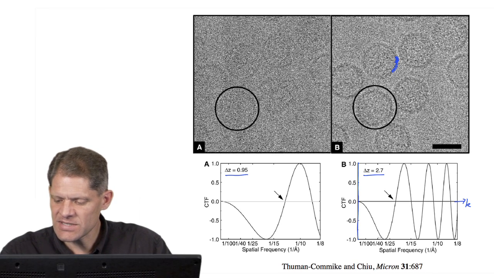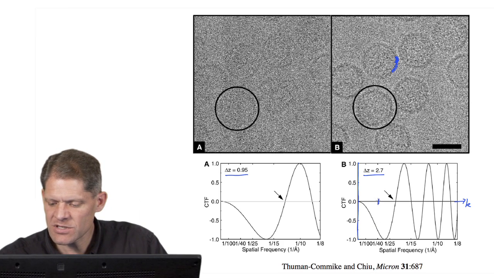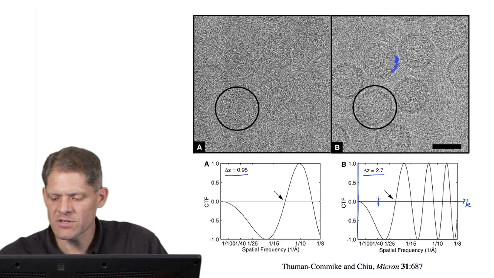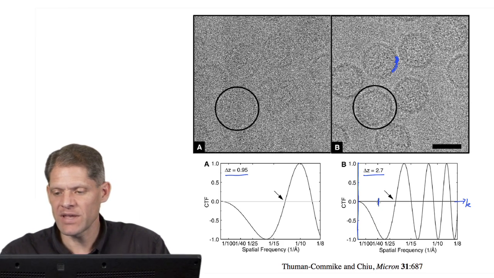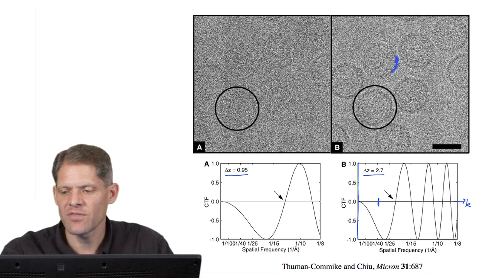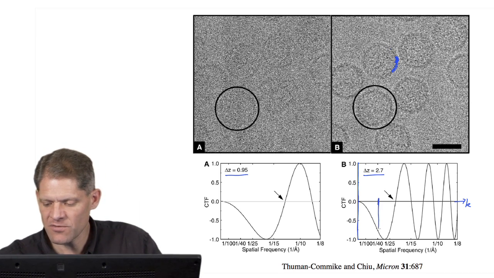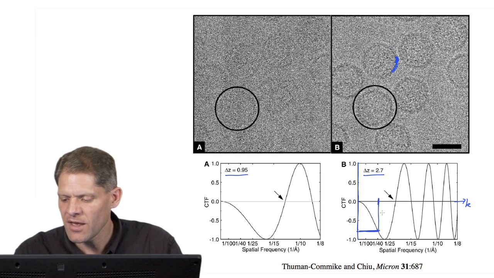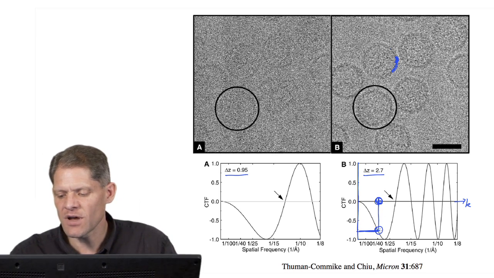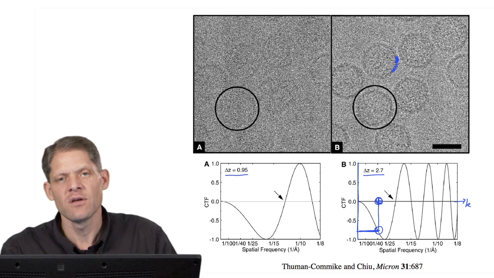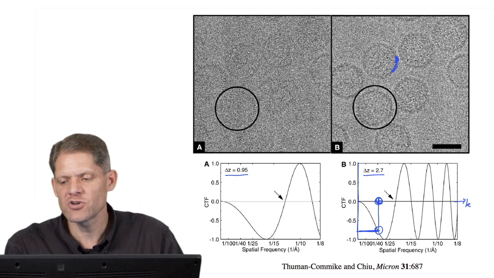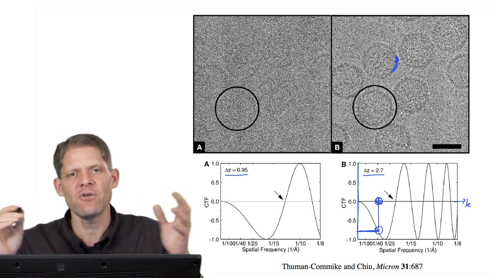And if we look at this CTF curve, here at this position, 1/40 angstroms, this is where Fourier components are that have the wavelengths needed to see the thickness of this shell. And as you can see from this picture, the contrast transfer function is strong at this spatial frequency. And so these components of that image are delivered with strong contrast,